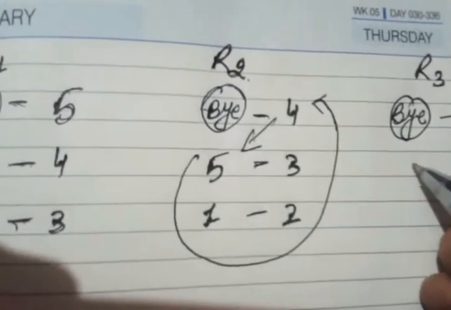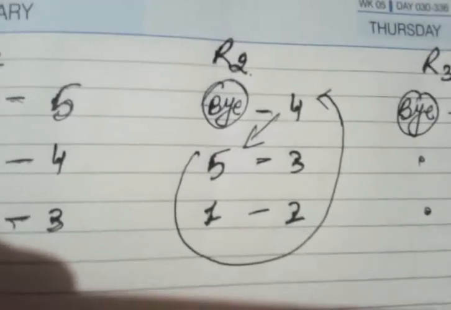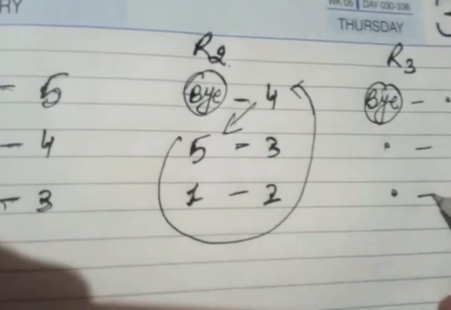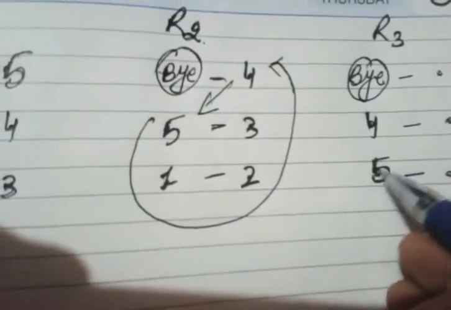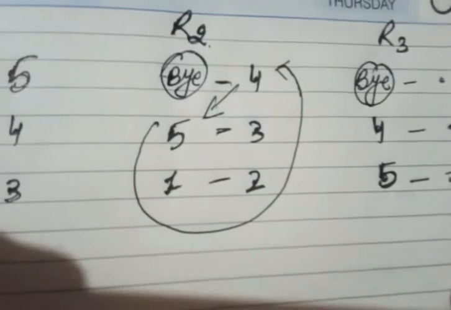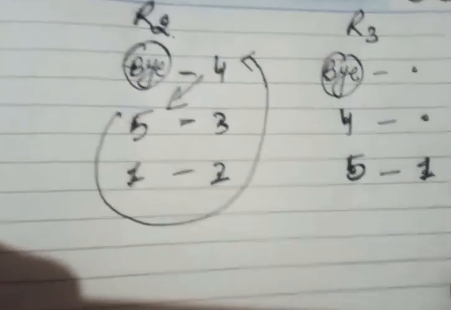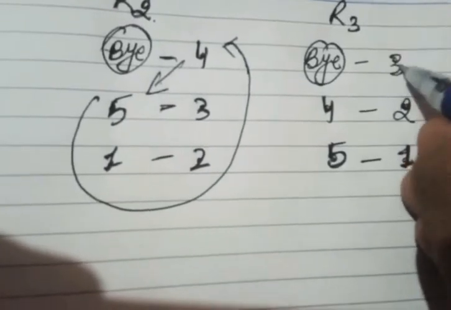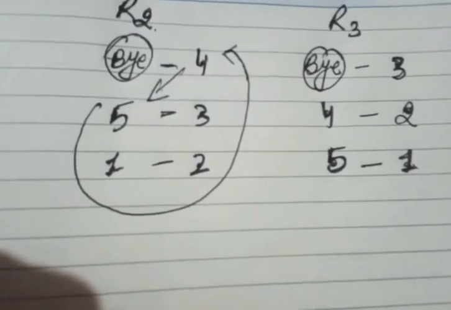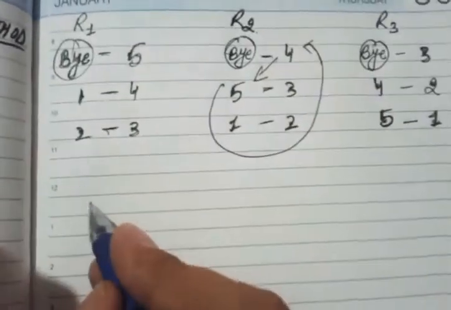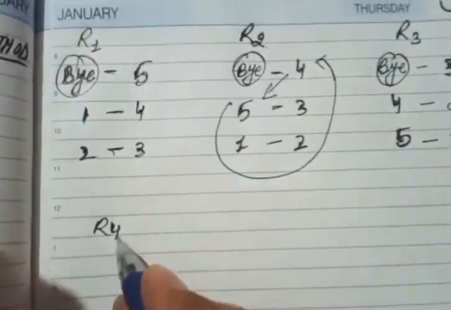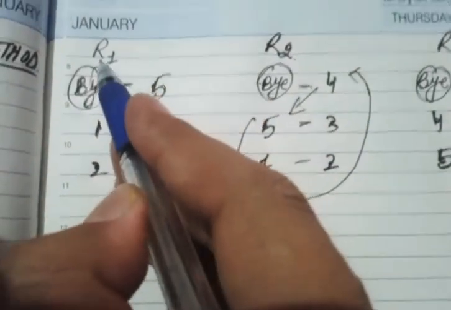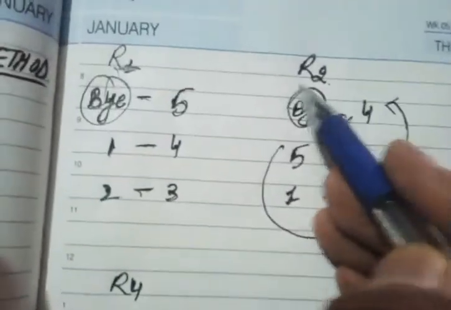In round 3, the bye will be kept at the same place again. The position of teams gets changed again in the same manner, but with respect to round number 2 now. As you can see, the place occupied by team number 5 in round 2 is now occupied by team number 4 in round 3, right? If we follow the same pattern,